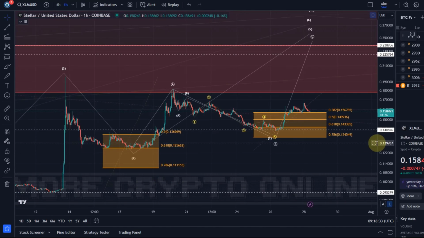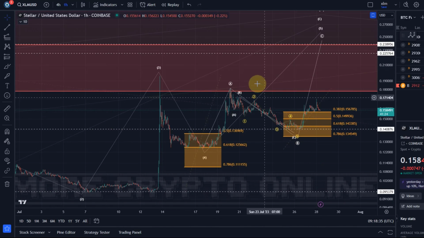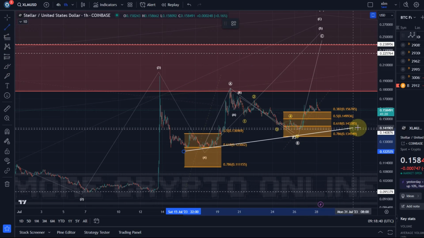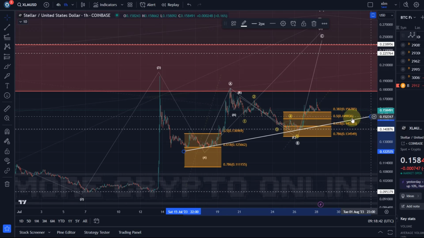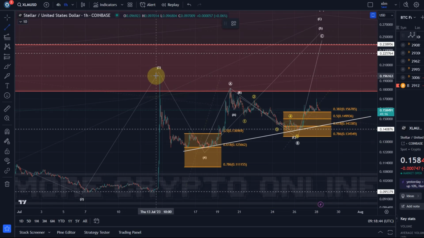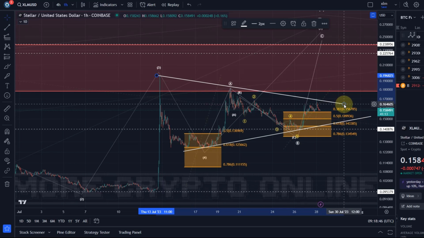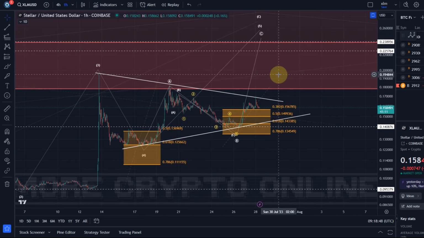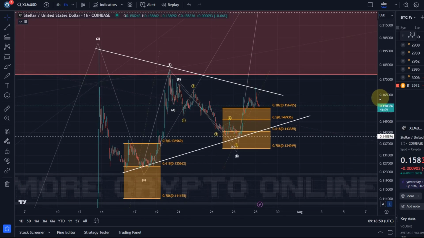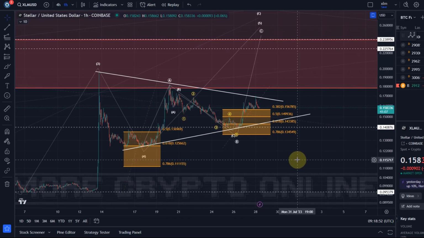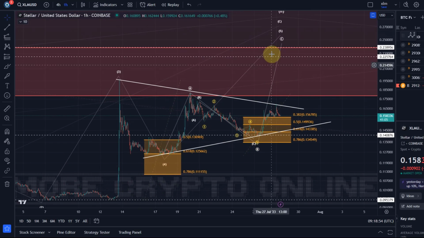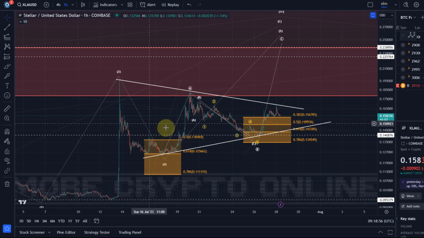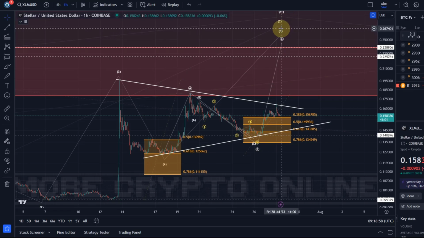Now, is this the only possibility? No. As you can see, price is doing lower highs and higher lows. So what I cannot rule out is that price is forming some kind of an Elliott wave triangle. Like this. If it's forming an Elliott wave triangle, then, let's say in both scenarios, in the scenario in which you're already in the C wave to the upside and in which wave 5 has already started,